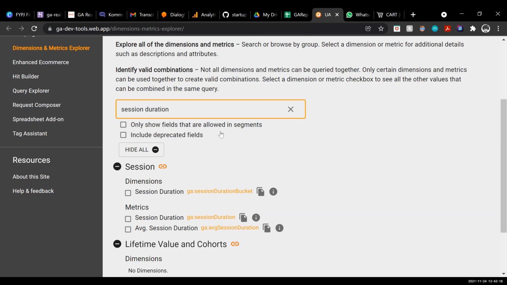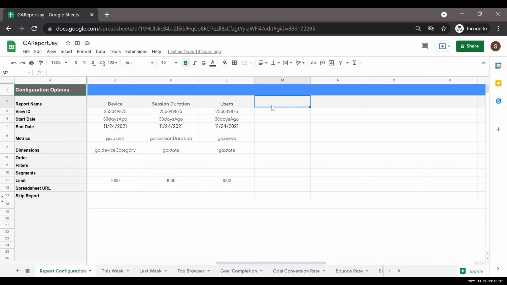So you can see already. I'm at the session duration search bar page. Okay, then you can see the matrix over here. Then you can just copy the matrix, and then you go over here and search for session duration, and then you paste it under the matrix. For the start date and end date, I want the past 30 days, so I just copy the same thing. And for the view ID, it's the same throughout, so you can just copy and paste. Okay. And the dimensions.